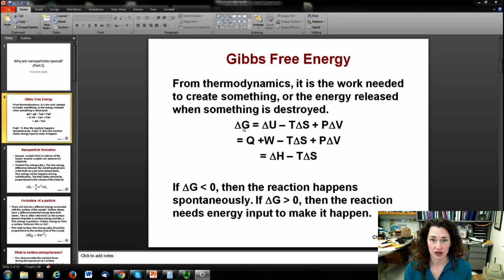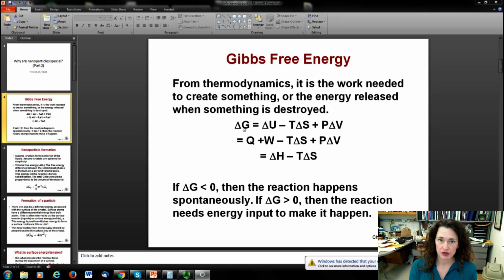If the Gibbs free energy drops, in other words, if delta G is less than 0, then the chemical reaction, or whatever other kind of reaction you're doing, is going to happen spontaneously. Okay, so delta G less than 0 means it happens spontaneously. If delta G is greater than 0 for a process, that means you would have to input energy or give energy to the system in order to get that reaction to happen. So you can look at the change in the Gibbs free energy during a chemical reaction or any other kind of reaction,